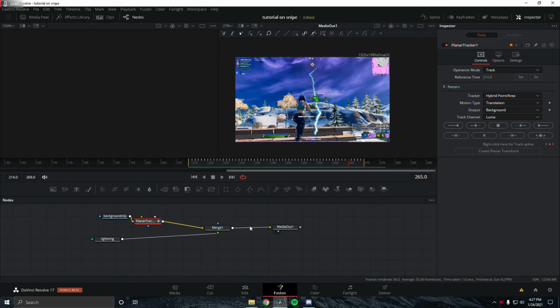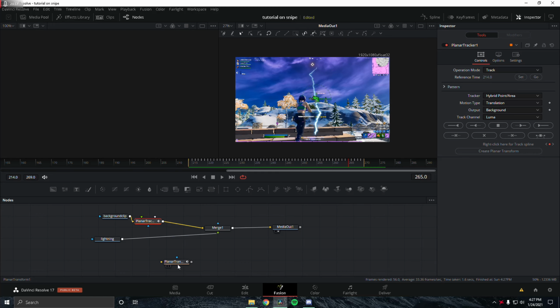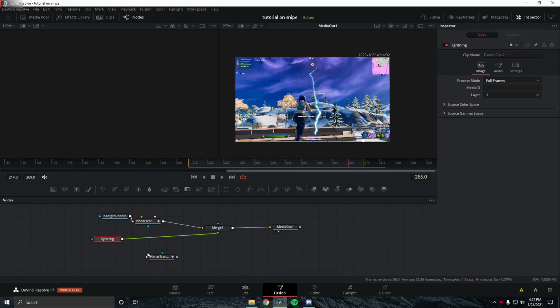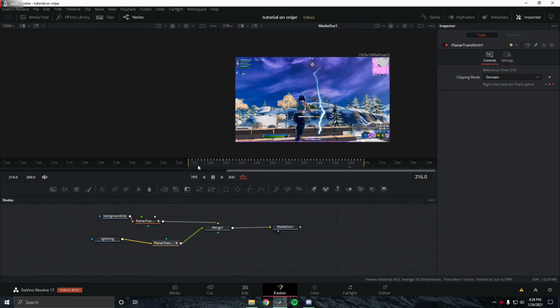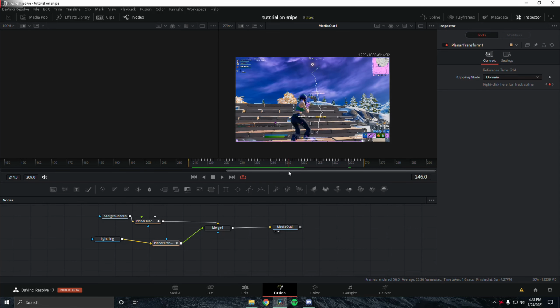Next, we're going to create a planar transform right here. What this does is it basically saves all of your information from this planar tracker and puts it onto the transform. So this lightning will follow basically the entire tracking part. Just go ahead and put the planar transform on there, and we can see that it is starting to move, but still it is not on top of